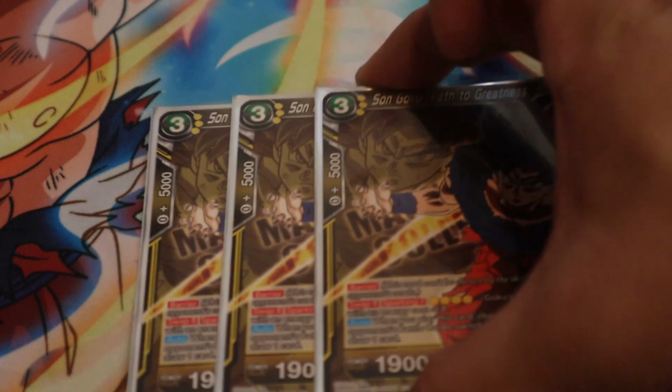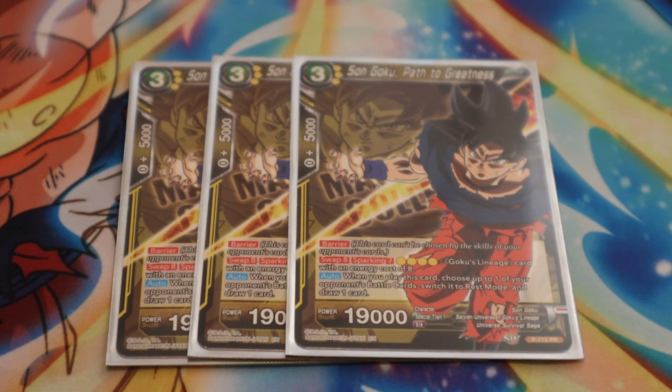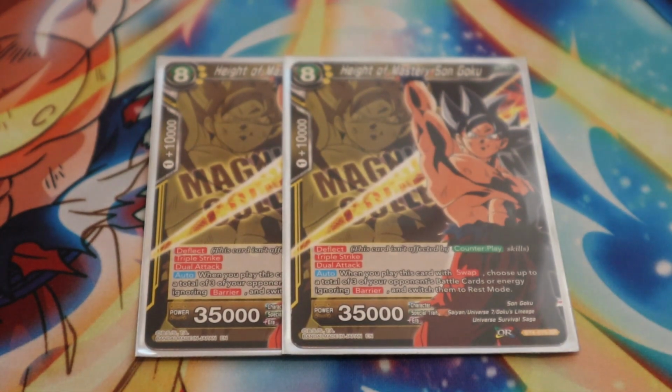Next, 3 Path to Greatness. Again, another staple for the High to Mastery. I think 3 is okay because you have draw power, you have Successor of Hope. You really just need one of these just to go off, and this allows you to do a couple more effects. Draw, rest, very strong, and that allows you to go into your big finisher, or at least one of them